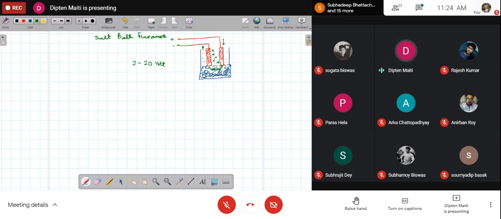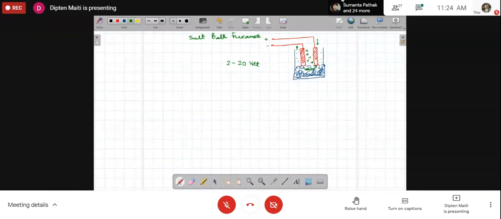So somehow you have to find a middle path. You have to find some optimization between electrical heating and mechanical heating. Of course, we cannot do away with mechanical heating; there would be some sort of mechanical heating. However, electrical heating has several other advantages also. So wherever applicable, you should use electrical heating. We cannot completely discard mechanical heating. So it is there, and of course electrical heating is also there.